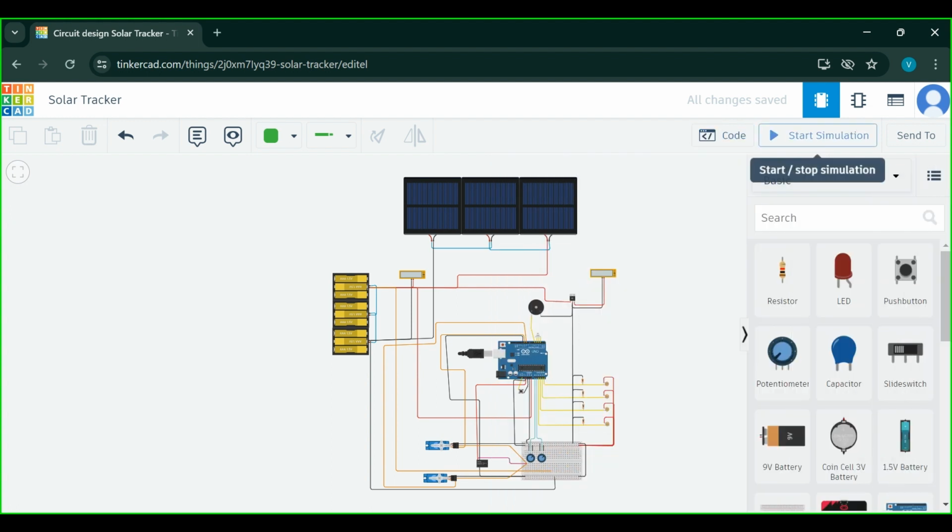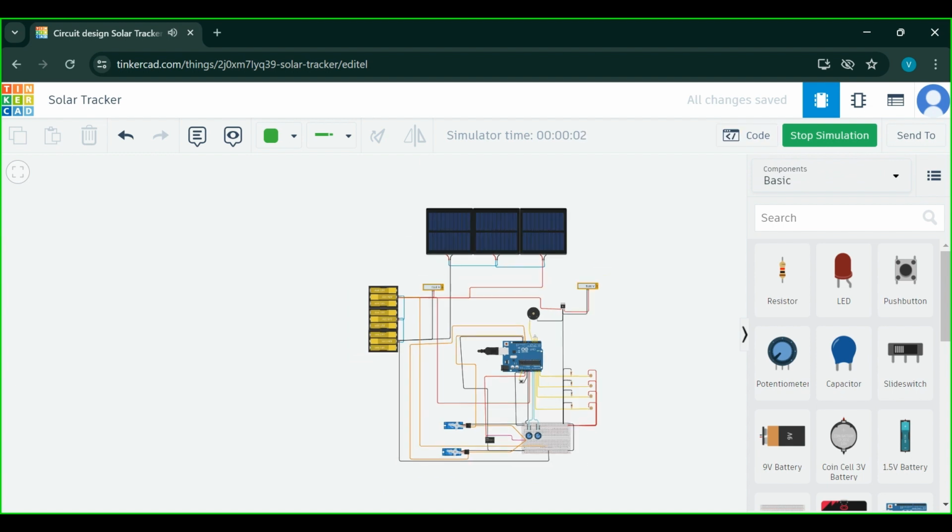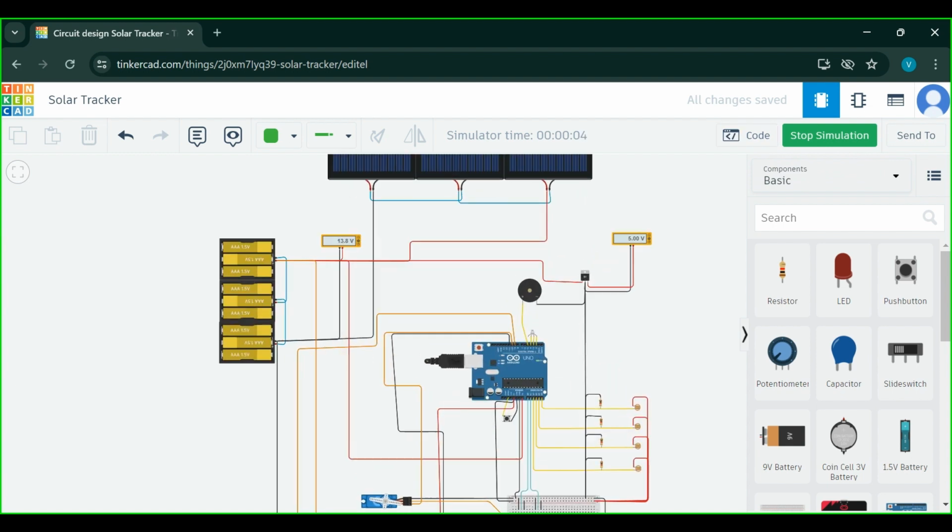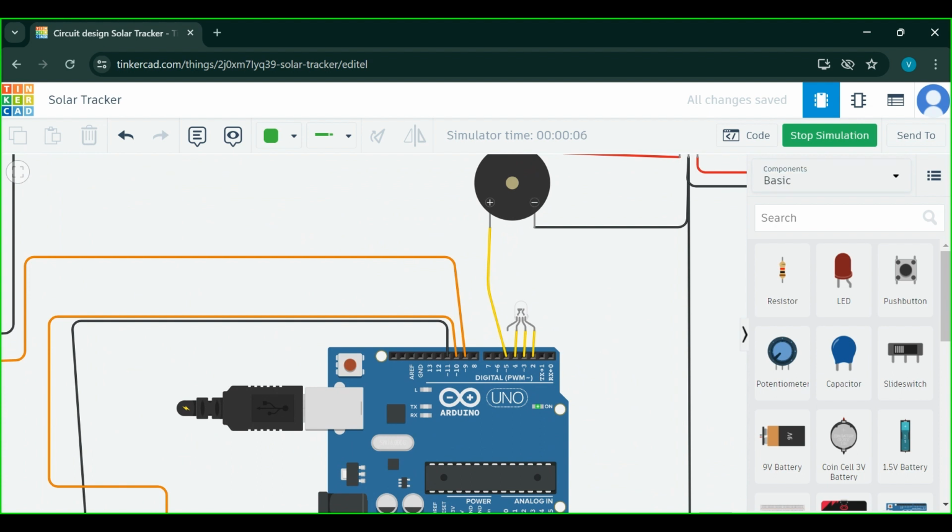Now I will run the code. As you can see, when I run the code, the LED glows from green to red, which indicates that the solar panel in